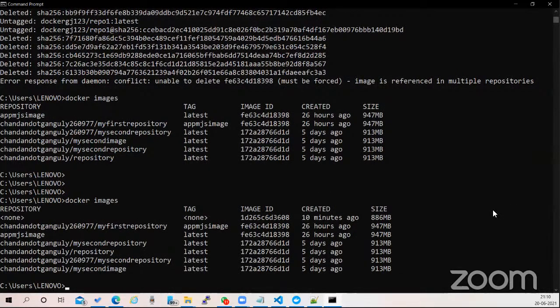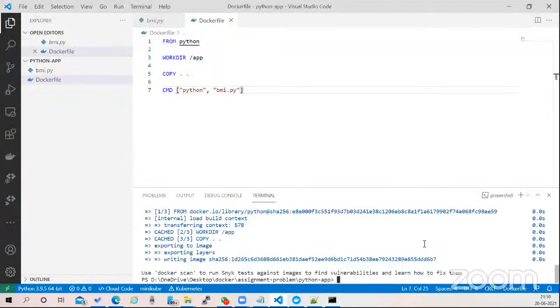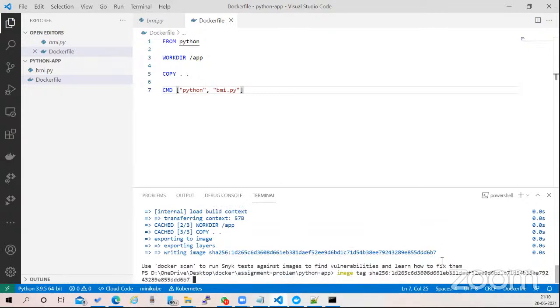We have only the image ID. So now we will have to rename this. What will be the name? Say,